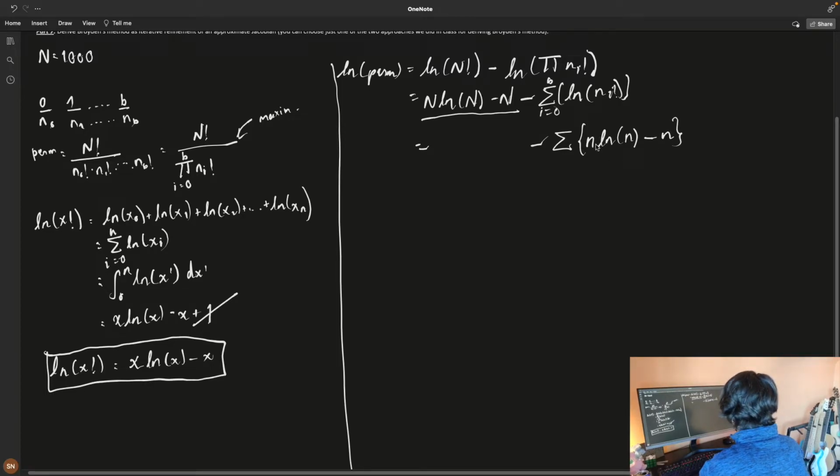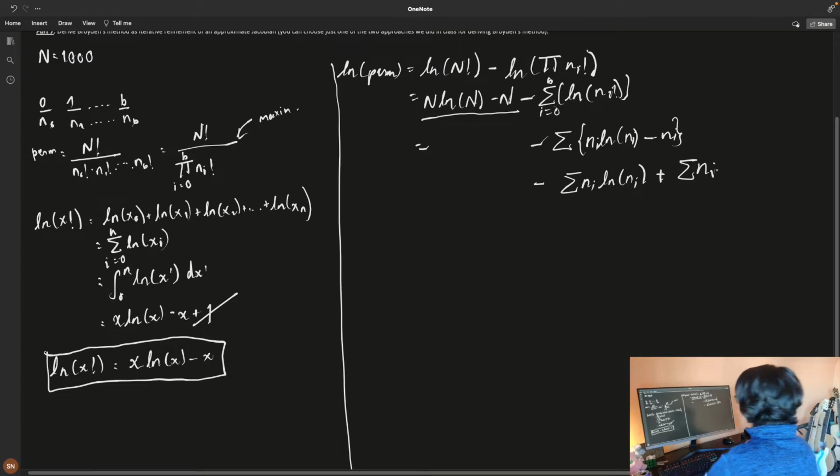Again, I need to put i's here. So we have that. If we expand this out again, this is simply going to be the summation of ni ln of ni, plus the summation of ni. Now, let me copy over what we have right here, minus n. An interesting thing is the summation of ni is simply equal to n, because we've already established